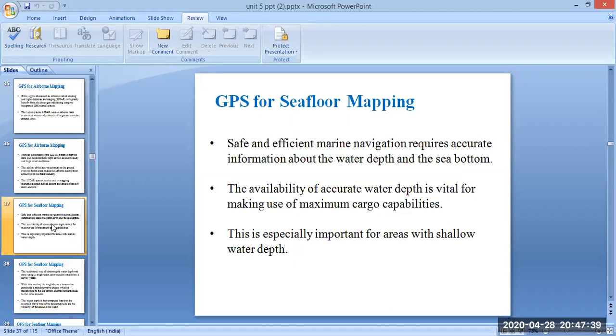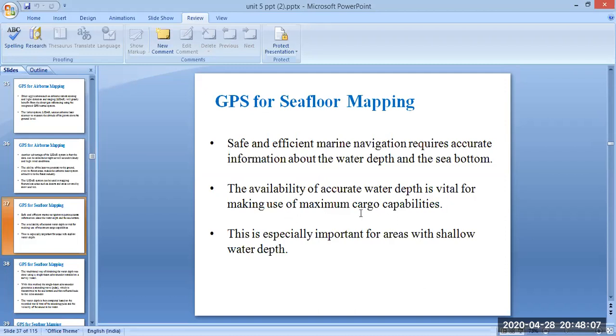Next application is GPS for seafloor mapping. Safe and efficient marine navigation requires accurate information about the water depth and the sea bottom. The availability of accurate water depth is vital for making use of maximum cargo capabilities.